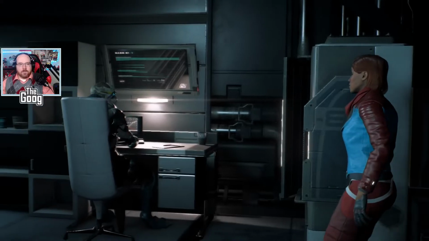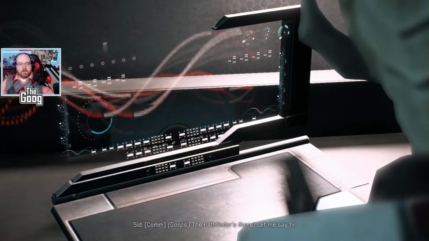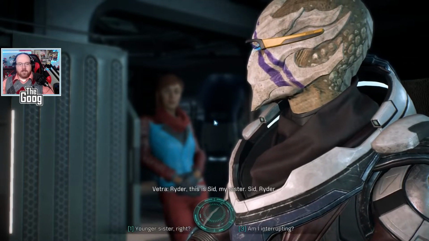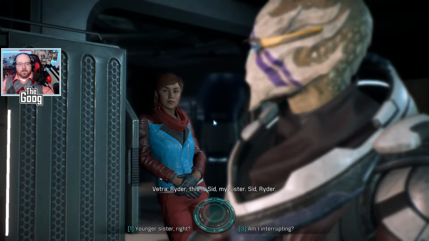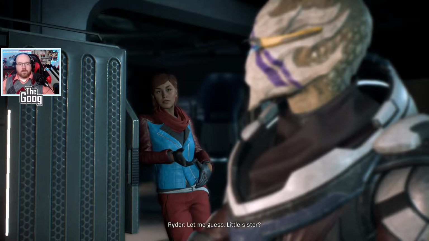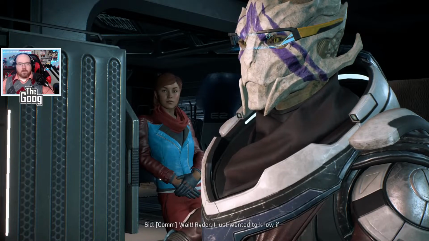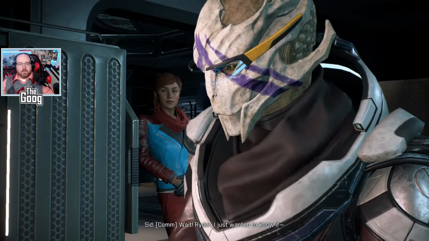Oh, hey, Pathfinder. The Pathfinder's there? Let me say hi. Fine, but don't embarrass me. I said, Ryder, this is Sid, my sister. Sid, Ryder. Let me guess. Little sister? Who are you calling little? Look, kiddo, gotta go. Wait, Ryder, I just wanted to know if...